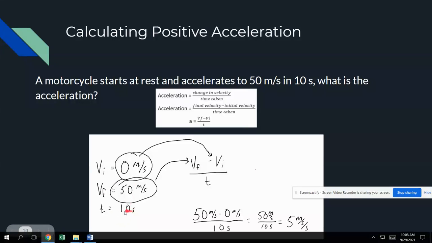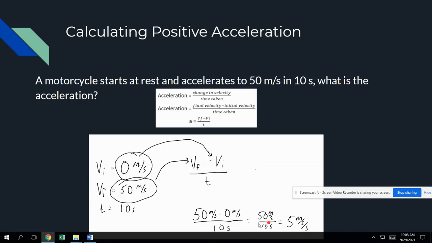And then do the math. It takes 10 seconds to get there. How fast is it accelerating? Now I'm going to plug these numbers in. It's really important to get these written down correctly and then know the formula. I'm going to write down how fast it's going at the end first. My final velocity was 50 meters per second, so I'm going to write that here. My initial velocity was 0. I started from rest, and that whole thing took about 10 seconds to get up to that speed. So I'm going to do 50 minus 0 divided by 10.